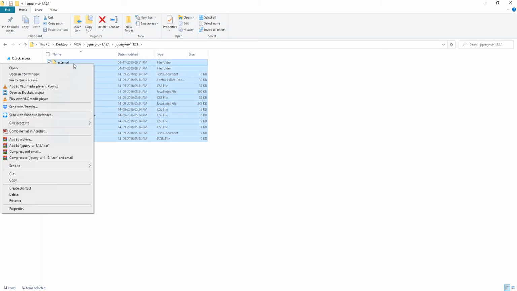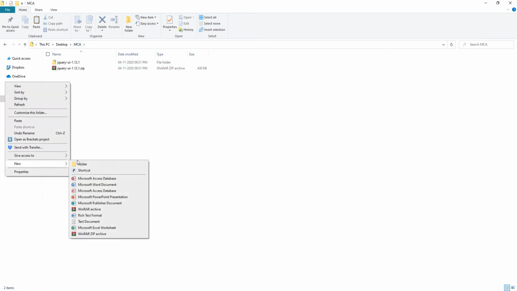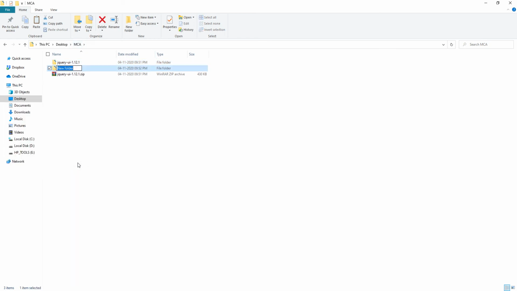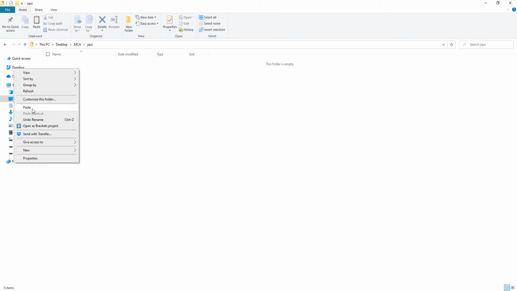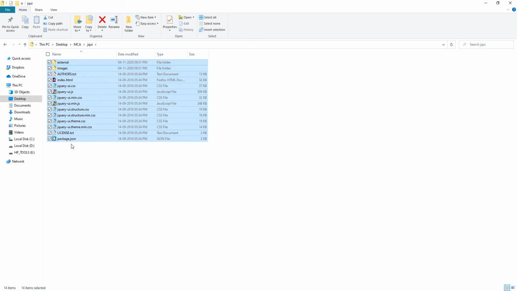I just firstly cut it, and go back to my MCA folder. I call it new folder, and here I say JQuery UI. Just name this as JQuery UI or whatever you want to name it, and paste it there. So I got all what is in the JQuery UI libraries here, and if you could see the extensions, they